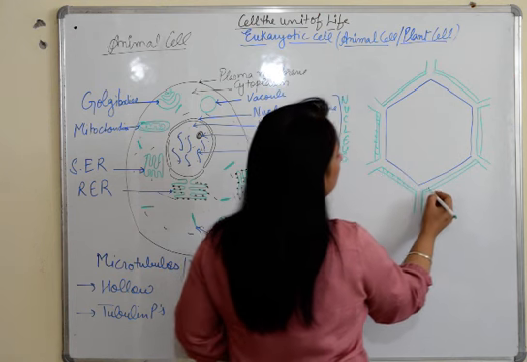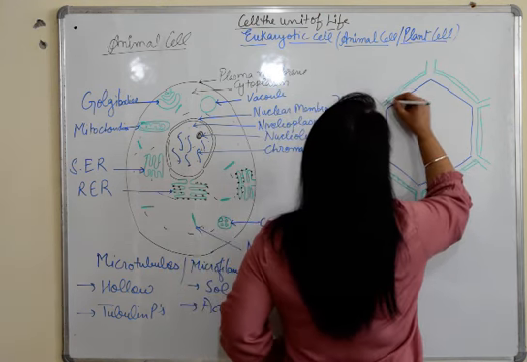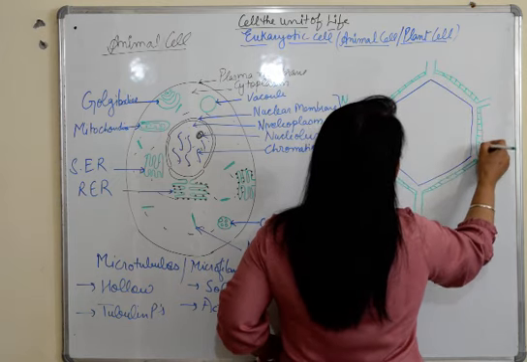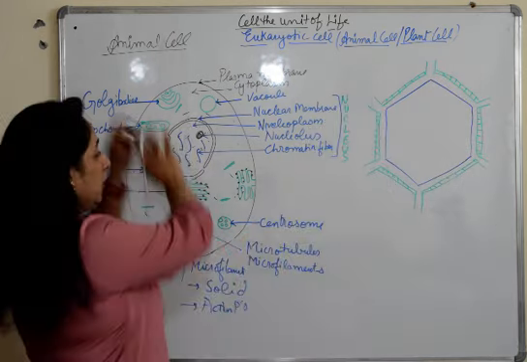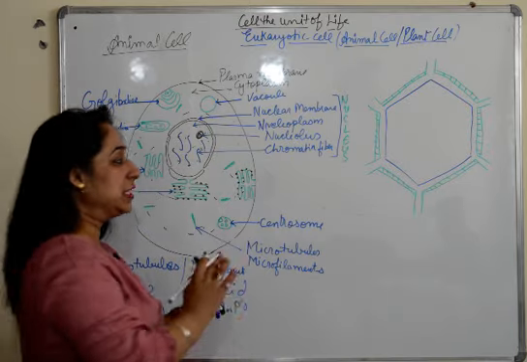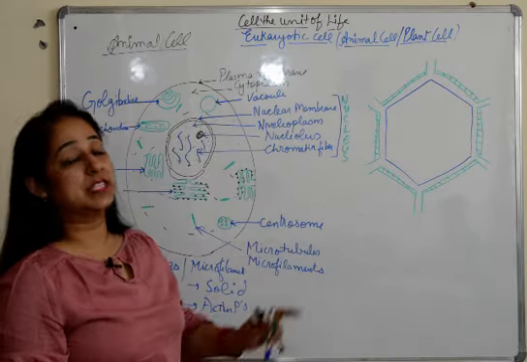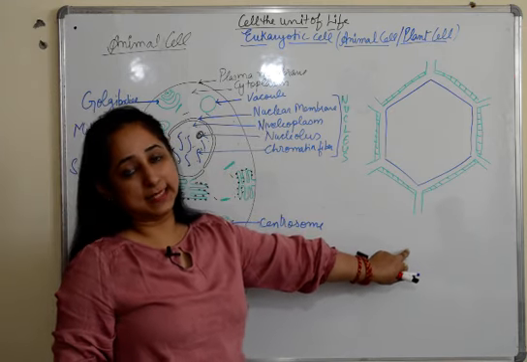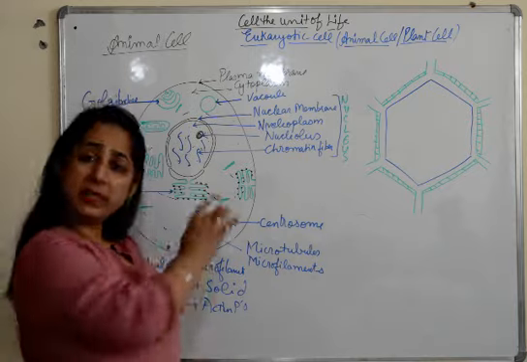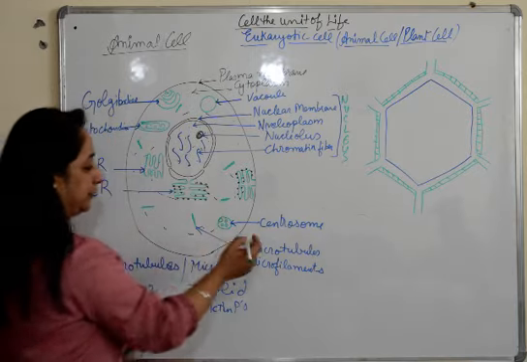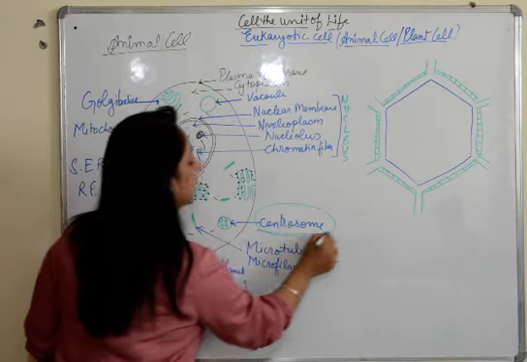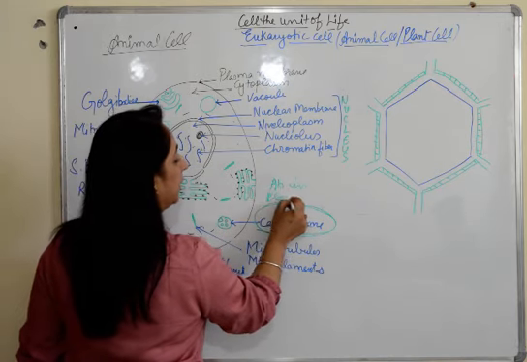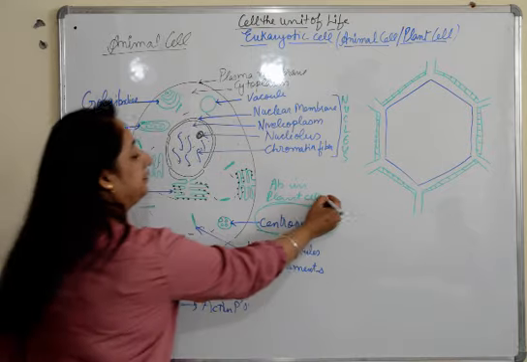So the plant cells have an additional structure present in it known as the cell wall. All the organelles remain the same. There are a few which are not present here and there are a few which are present here but absent there. So we'll draw the parts which are present in the plant cells. Others remain the same except for the centrosome. Centrosomes are absent in plant cells.